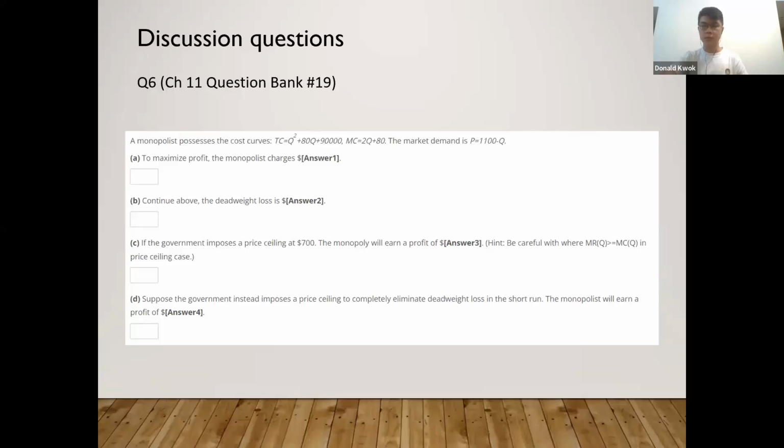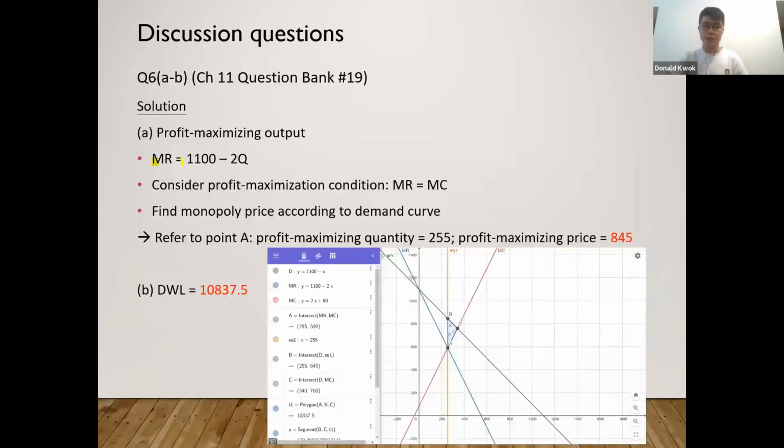Okay, so let's start with parts A and B to find the profit maximizing price and the deadweight loss. We will be performing the 4 universal steps under a continuous case here. Step 1, to find the demand curve. However, it is directly given, then we can move on to step 2 to find the marginal revenue, multiplying the coefficient in front of Q by 2. As you can see, the marginal revenue is this expression.